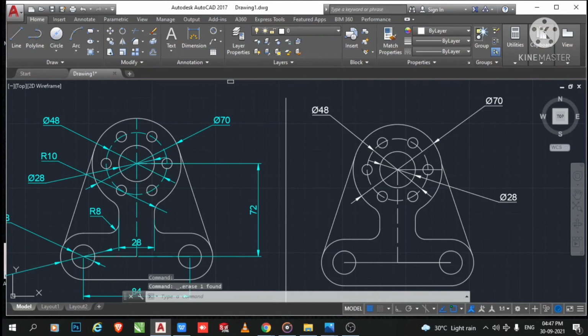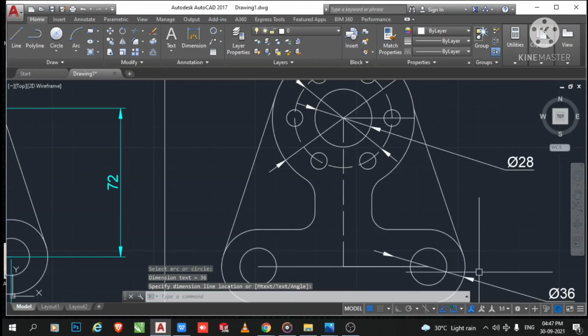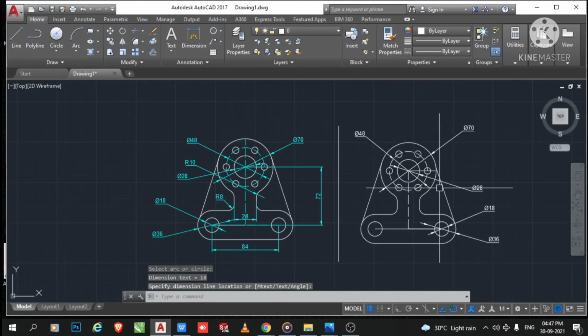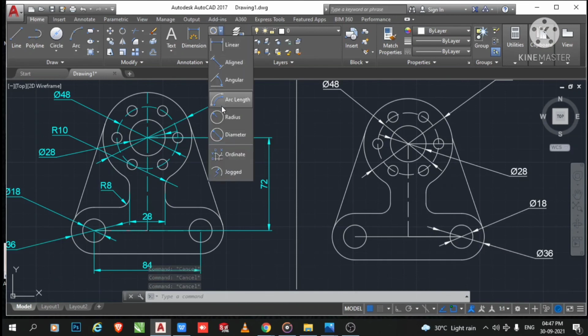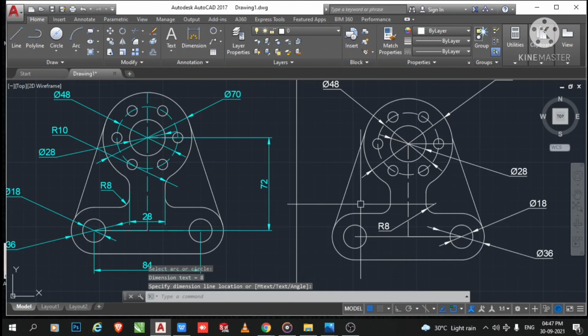here again select this one, and this circle will be 36, outer circle, and this inner circle will be 18, okay. Now here we apply, select this fillet, so go to this radius, select this one, and this will be 8 radius.